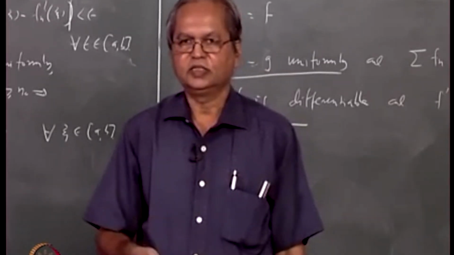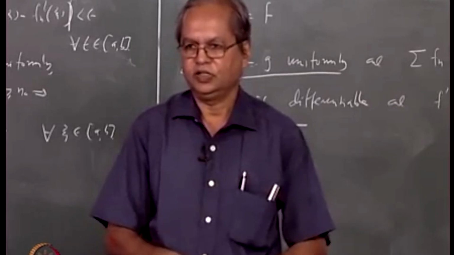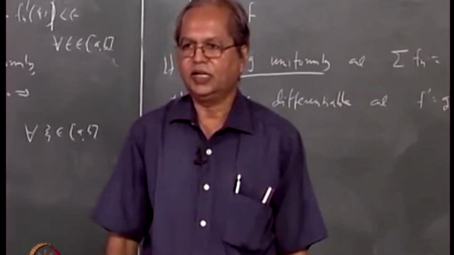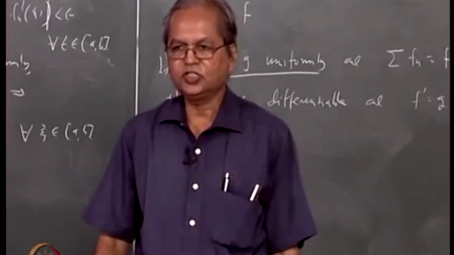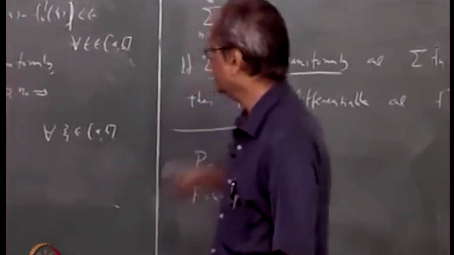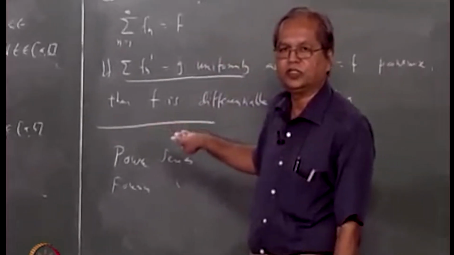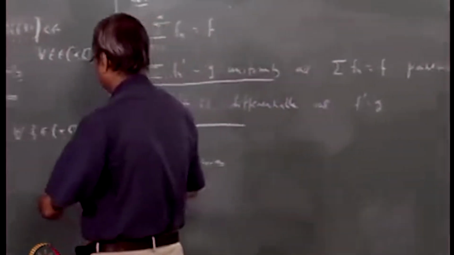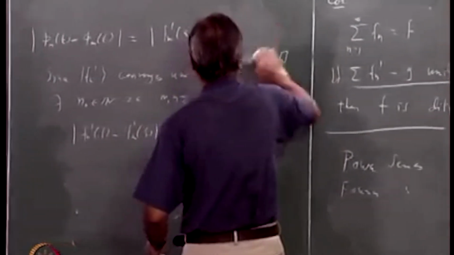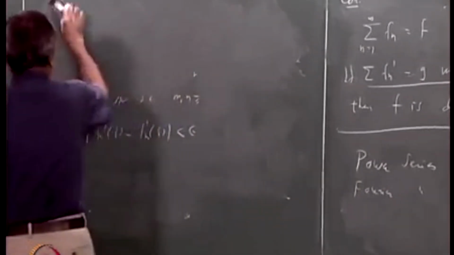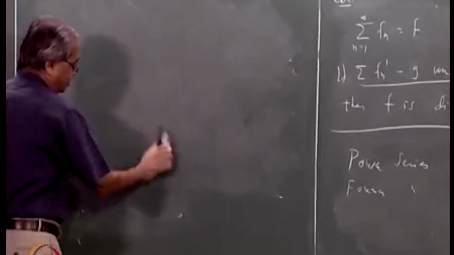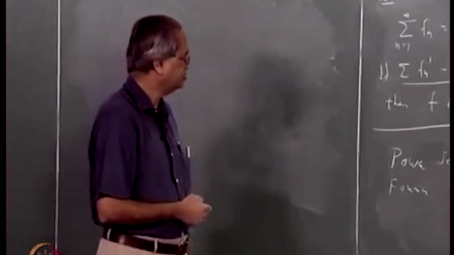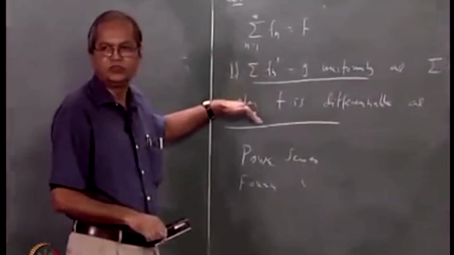But the answer is yes, there does exist a function which is continuous everywhere but not differentiable at any point. And the construction of such a function requires everything that we have done so far about uniform convergence, continuity, differentiability, etc. So let us just make some preparation. By the way, constructing that function is not very difficult. What it involves is a little bit of calculation and some use of all these theorems which we have made.